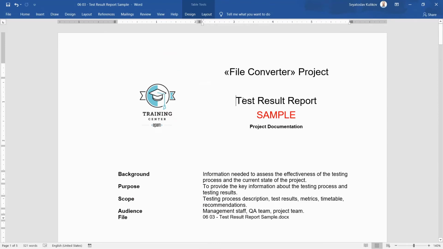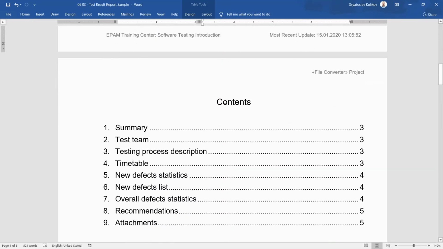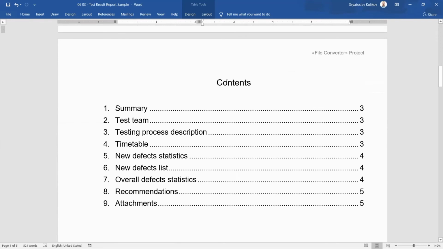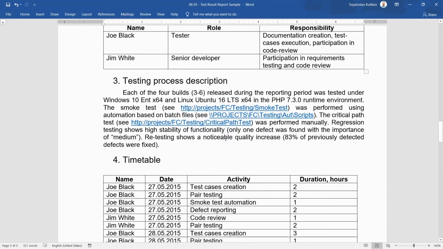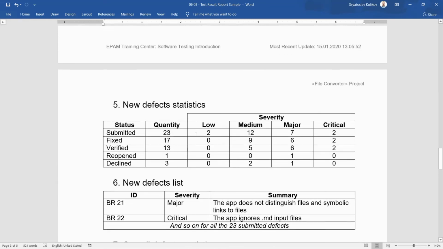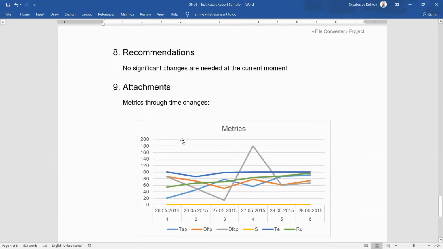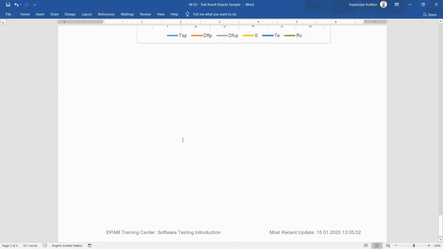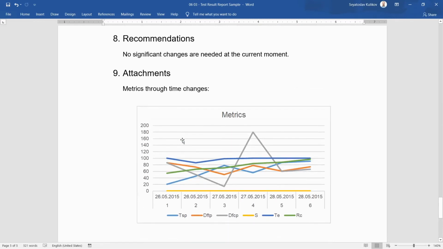Of course, the test result report may be a Word document or PDF document with the same information you've seen in the browser just a couple of seconds ago. So it doesn't matter what form it is represented in. It matters what information is in there, because the form may be easily changed, but when the information is good, the report is useful. If the information is bad, it doesn't matter how good the form is, the report stays useless.